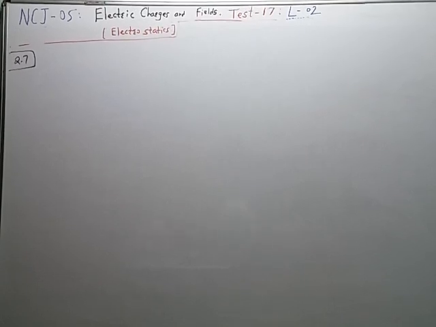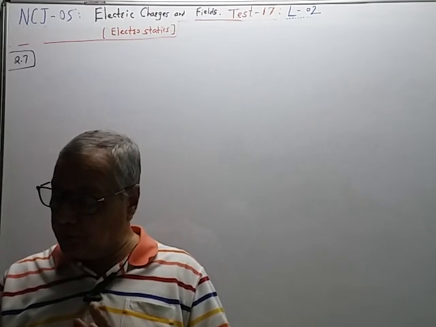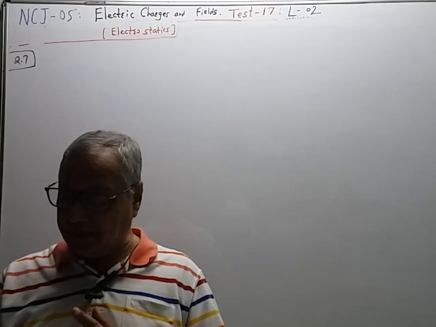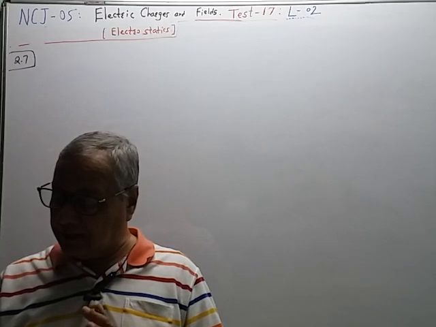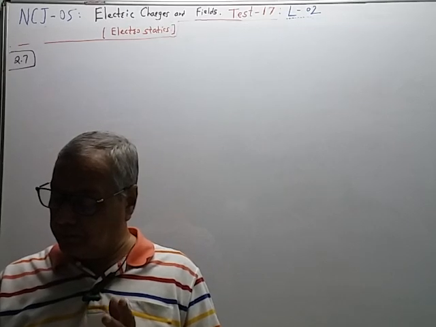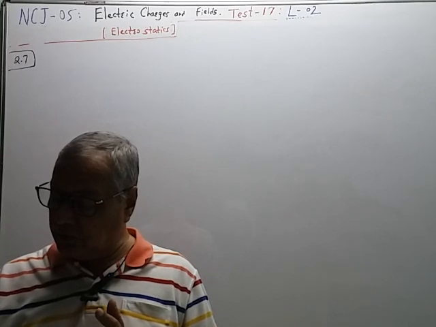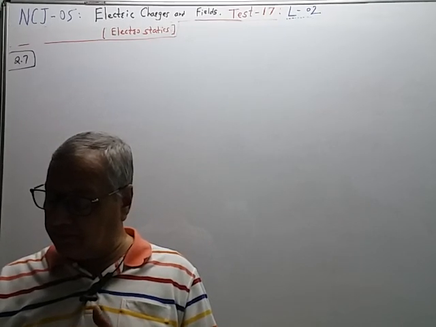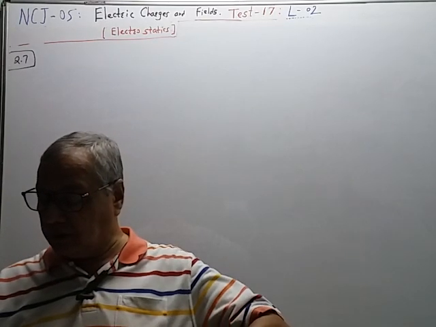Next, actually this type of problem we have solved in our regular session board book. Two unit negative charges are placed on the straight line. A positive charge Q is placed exactly at midpoint between these unit charges. If the system of these three charges is in equilibrium, the value of Q in coulomb is